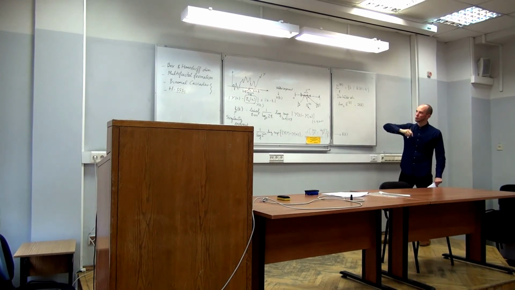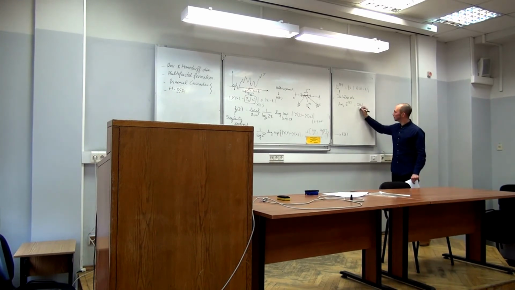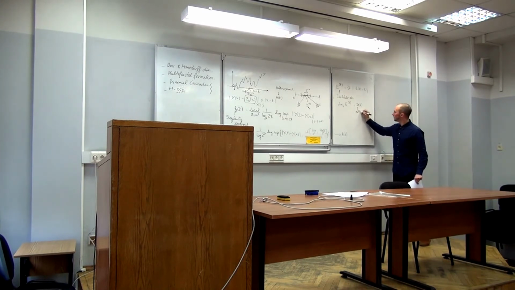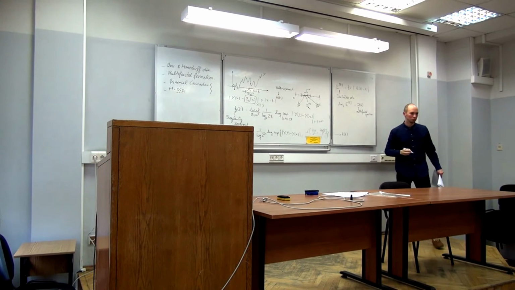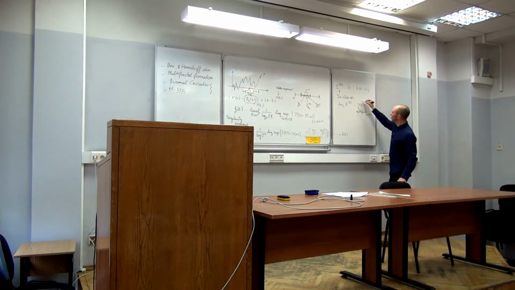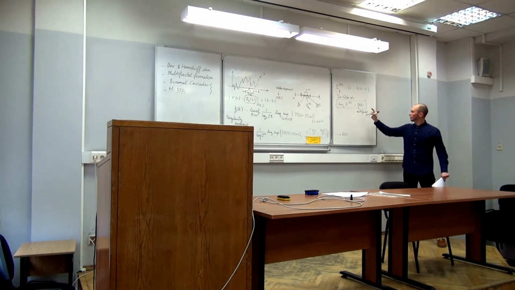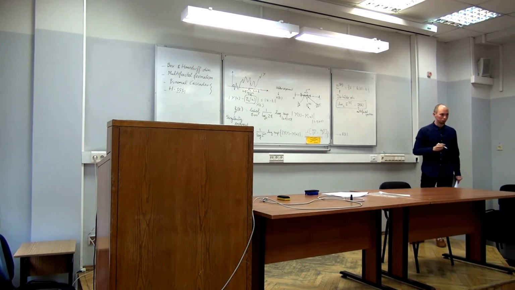If you have a process like this, what you would like to compute is this quantity, which is known as the multifractal spectrum, or the spectrum of singularities. It has many other names. So that's the goal. Given a process, given some data, can we try to find its multifractal spectrum?